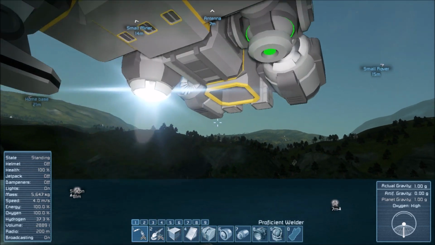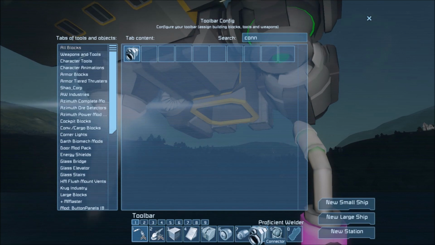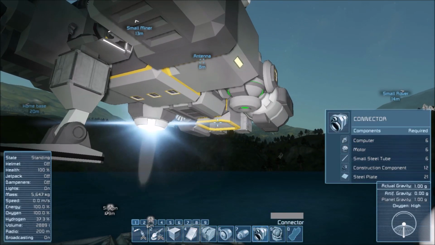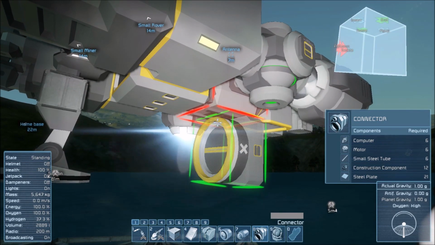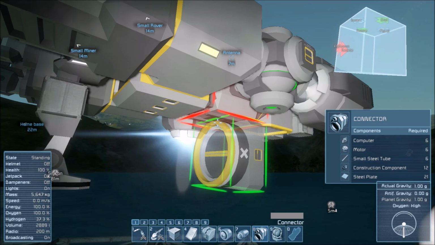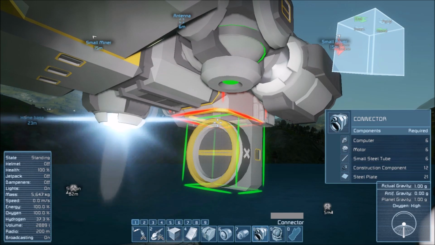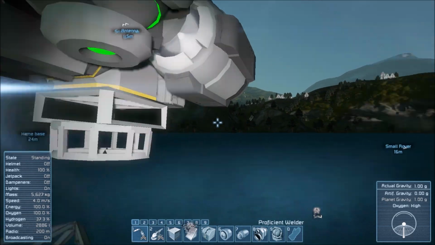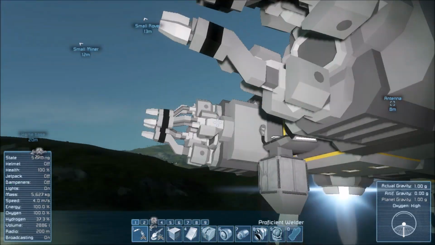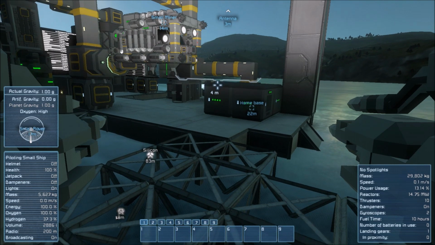Where are we going? Connector. Oh, what's going on there? Was that me or is that just sort of... It's falling. Why is it falling? That seems extremely strange. Let's have a look at this. Why is that not holding? Well, it's holding while I'm in here, but...